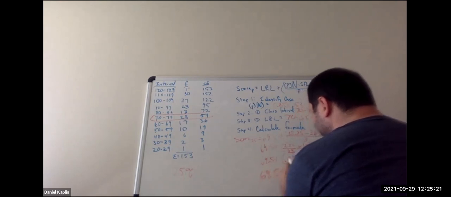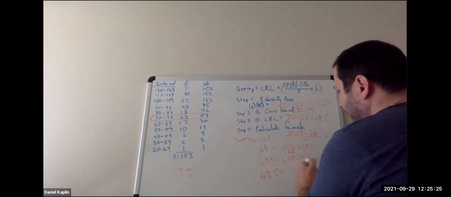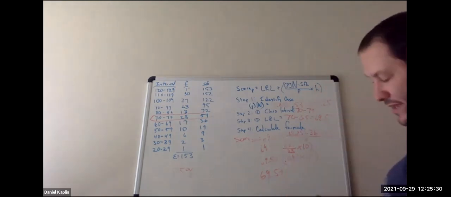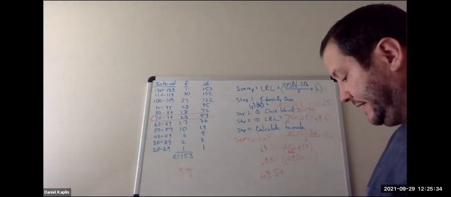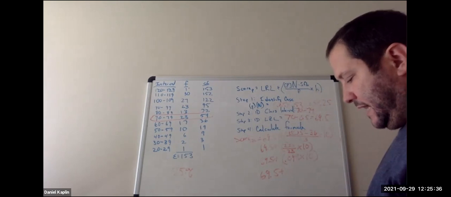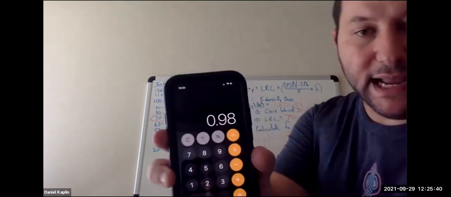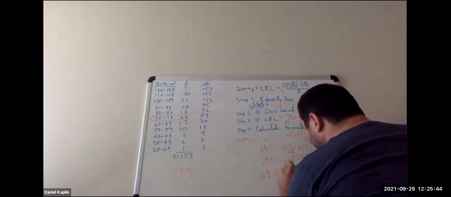69.5 plus 0.098 times 10. You just move the decimal point over 1, but I'm going to do it on the calculator just to be honest, right? So 0.098 times 10 gives me 0.98. It's just moving the decimal over. So 0.98